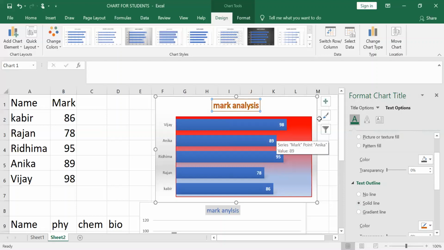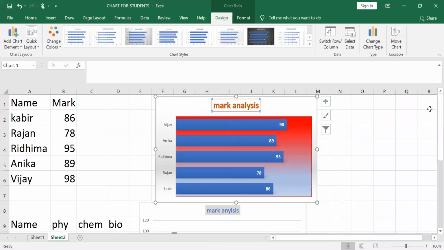Okay, same way if you want to format the axis. Now what is formatting the axis? That will be the x-axis and the y-axis. If you want to format, then how to do it? Just like the bar chart or column chart you created, it has an x-axis and y-axis, all of you know. The x-axis is your category axis and the y-axis is the value axis. So if you want to change the axis, click on the chart to select it. So click the chart first.